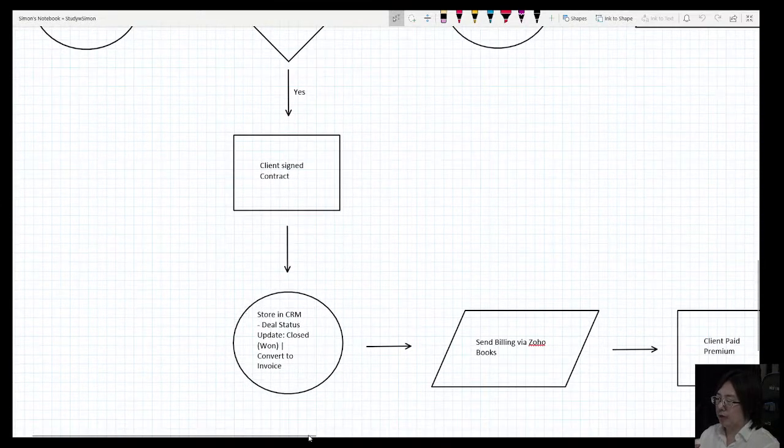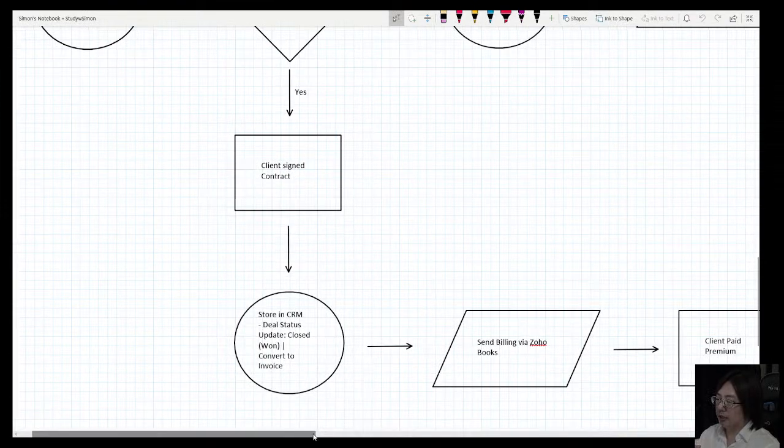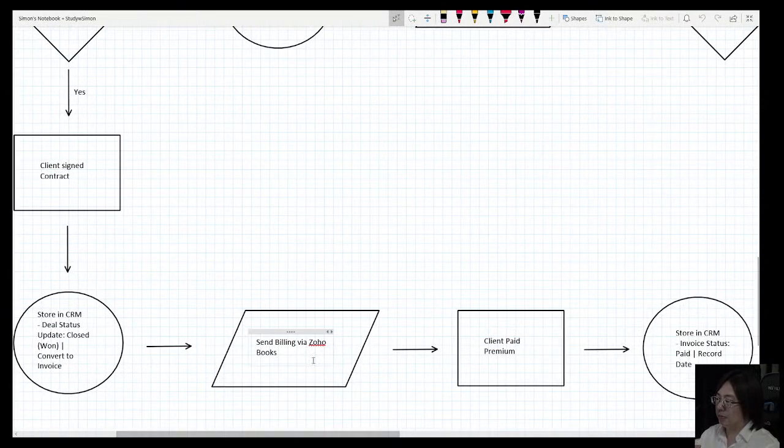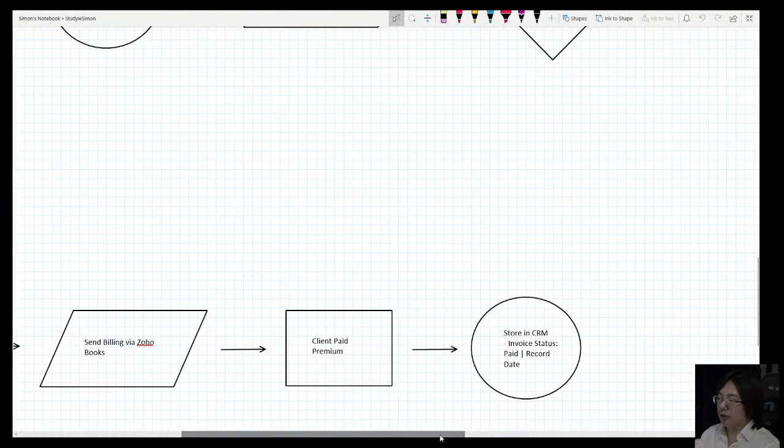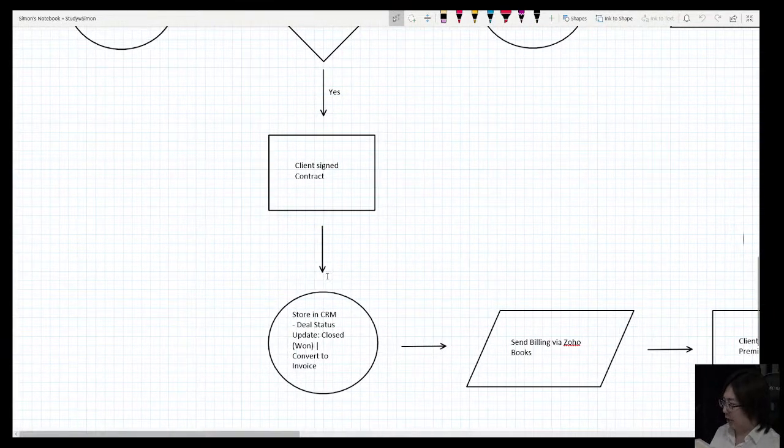Once you have closed them properly, you update them in the CRM, and automatically the CRM sends out the billing. I use Zoho Books. You can use QuickBooks. The client then pays their premium. In our case, we call it our service fee, right? And everything gets updated in the CRM, and that's the gist of the workflow of how I would close